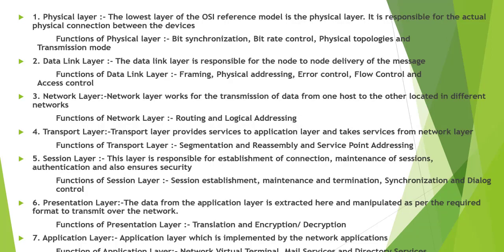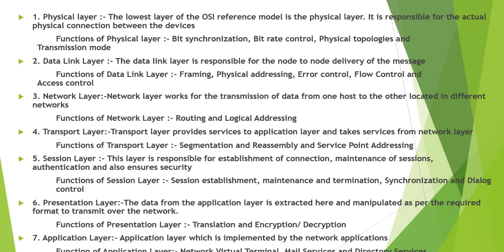The physical layer is the lowest layer of the OSI reference model. It is responsible for the actual physical connection between the devices. The physical layer contains information in the form of bits. It is responsible for transmitting individual bits from one node to the next. When receiving data, this layer will get the signal received, convert it into zeros and ones, and send them to the data link layer, which will put the frame back together.